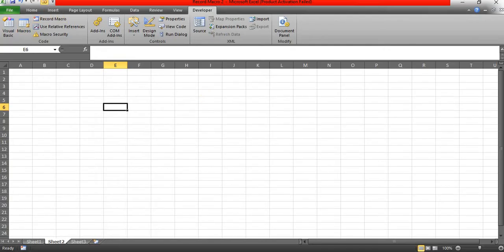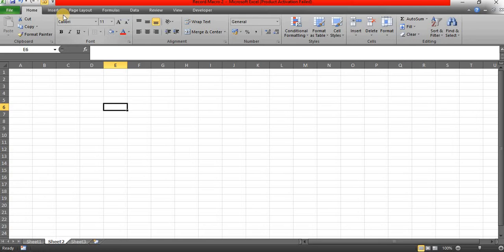So you may have a question: has each and every action been recorded? No, because most of the Excel functions will be recorded using this record macro function. But if you are trying to record other applications, like Internet Explorer or Outlook or any other applications, you cannot record that. You can record only within this Excel workbook. Even that is very limited. Some of the functions you cannot record. There are some limitations.